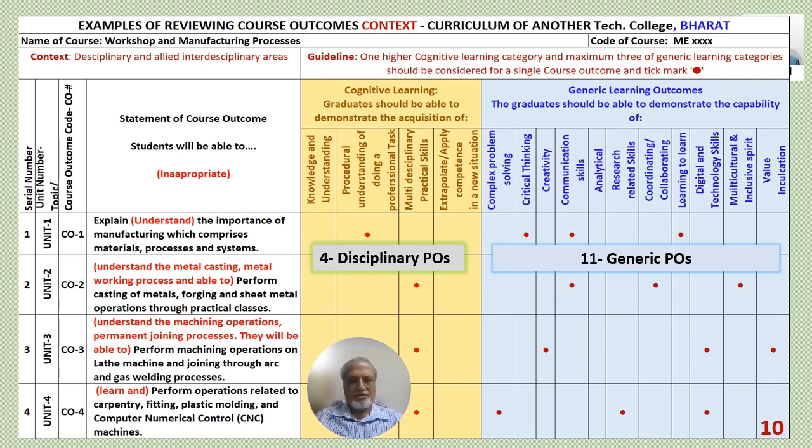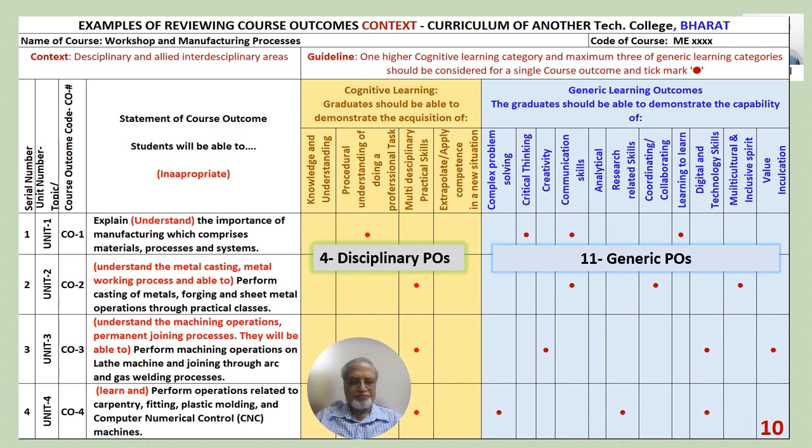This is another table which illustrates how the curriculum should look nowadays, which is compliant to NEP 2020 and outcome-based education. Column 1 is the serial number, column 2 unit number of the syllabus, old syllabus, and CO1, CO2, these are the serial numbers of the course outcomes. Then the description of the COs, and again in this table I have shown red color words which are inappropriate